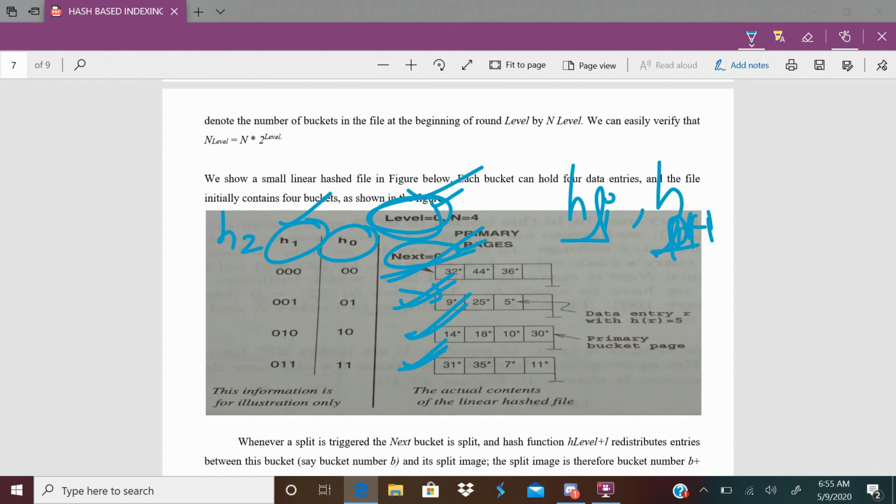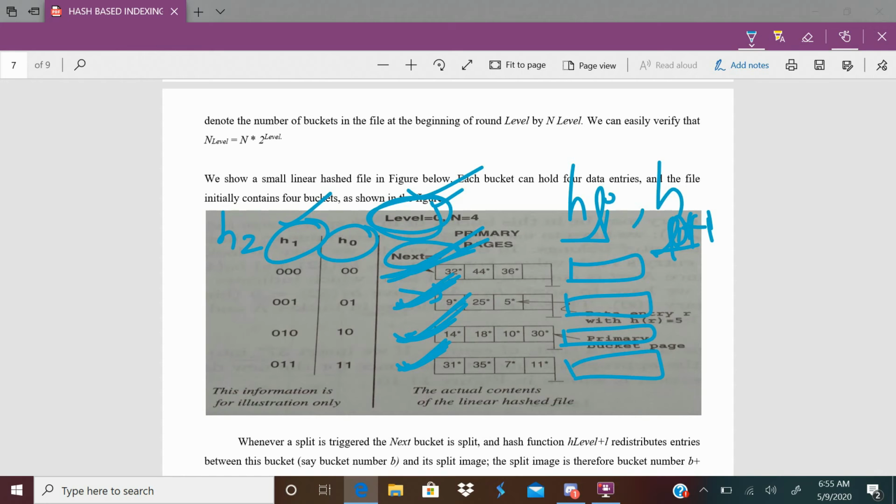As a result of the 0th, 1st, 2nd and 3rd bucket splits, each bucket split makes one extra bucket. When the 0th bucket is split, you see one extra bucket. When the 1st is split, one more extra. When the 2nd is split, one more extra. When the 3rd, one more extra.